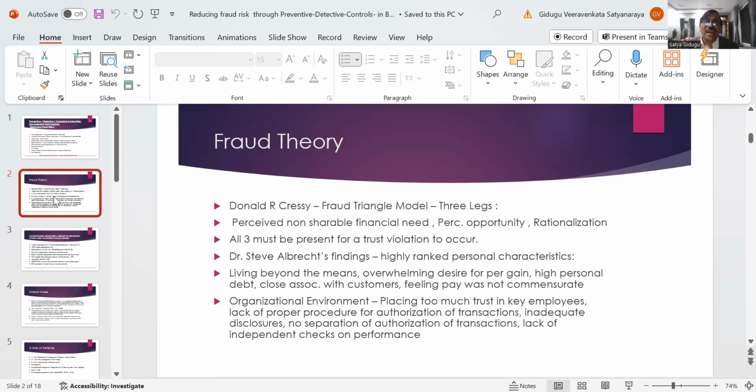Dear friends, you see the organizational environment. Placing too much trust in key employees, that's wrong. They should have reasonable checks and balances on each and every employee, and lack of proper procedure for authorization of transactions. Checks and controls, whatever the Institute of Chartered Accountants of India is there, the checks and controls